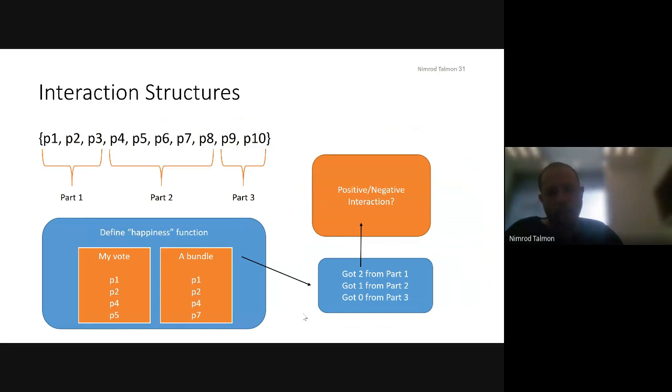And the way we thought about it is the following. Let's say that these are the 10 projects that we have in the instance. For example, P9 is the school, and P10 is the bus stop next to the school, and these are some other 8 projects. And let's say that these 10 projects, now we can divide them into groups,